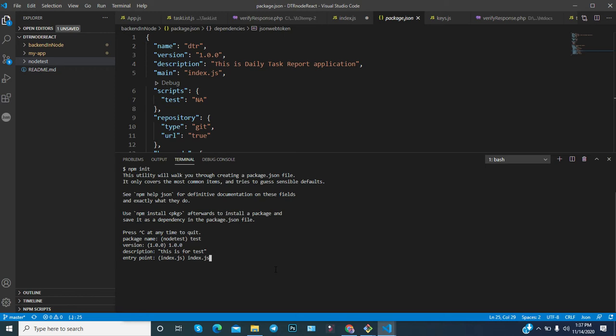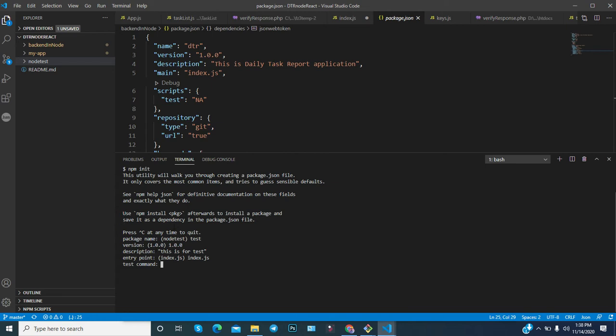You can provide any name, but the name should be such that other people can understand the purpose of the file. index.js suggests that this is the initial file that will be opened. Otherwise, some people use app.js, so you can use any of these, and then enter.